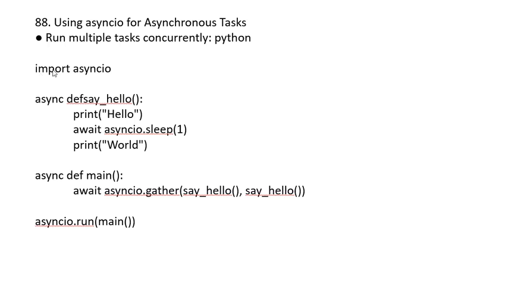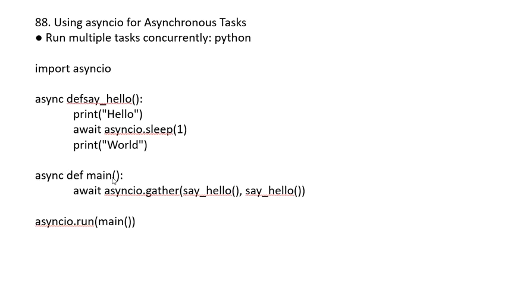So we use it as an import asyncio, and async def say_hello(), open and close, this is a function, colon, and print('hello'), and await asyncio.sleep(1), and print('world'), and async